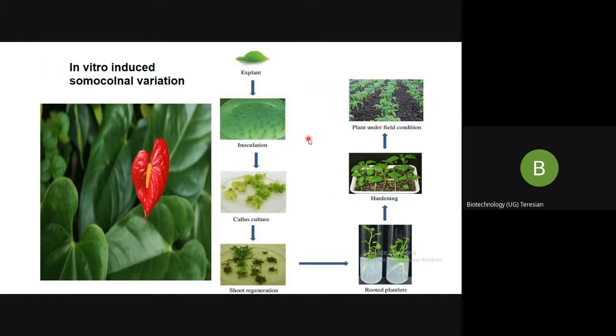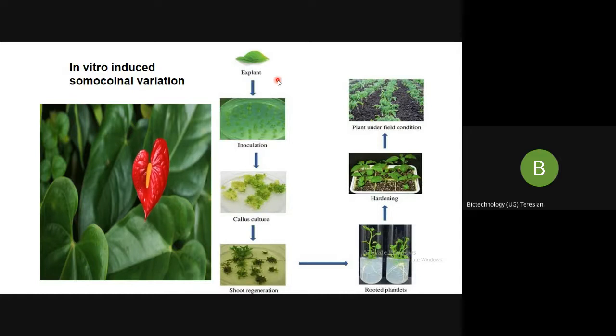Was this their environment? Was this their nature? No, it is completely different. They are under your control, right? So they have to undergo so many processes to form a whole plant from a single explant, a small piece, a part of a plant. So this is an entire stressful or traumatic shock, as I told you, for the living tissue. And it may result in mutagenic processes, leading to mutations or abnormalities in the in vitro regenerated plants.